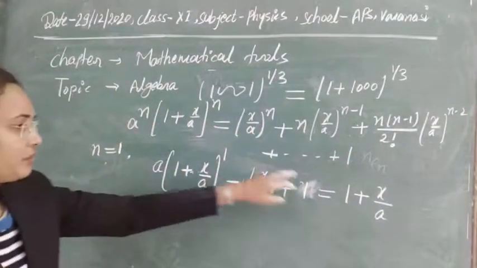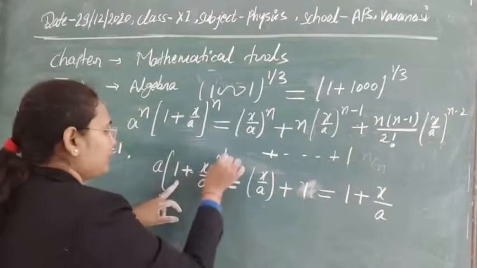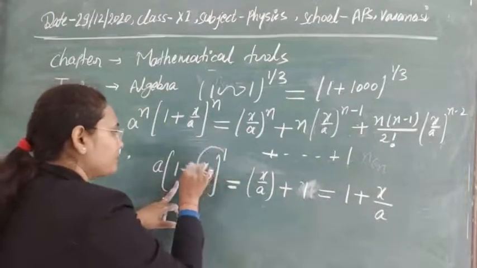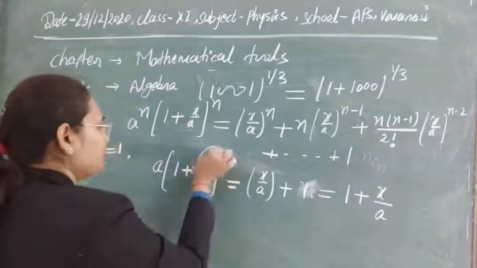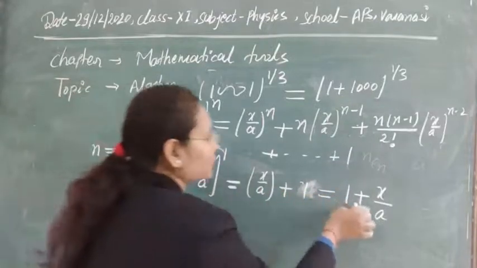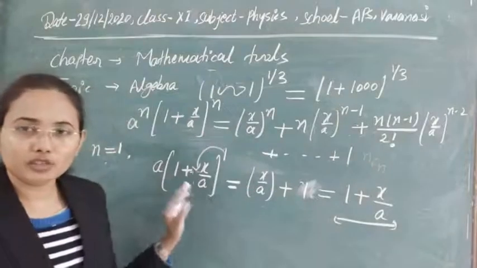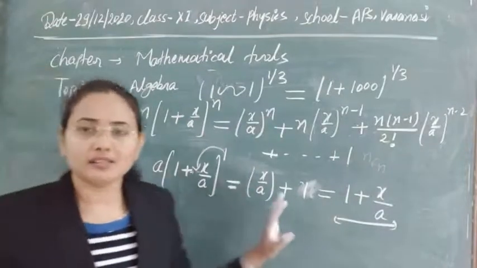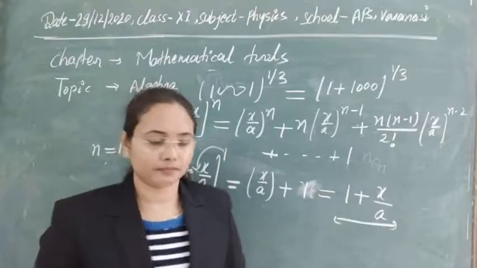So if you want to see it here, then you can say simply that if we have to take the first order binomial expansion, then we only have to multiply this power at this place, and you will get the expansion of the first order. But still, if you want to see it, then you can understand easily how you will get this value here.